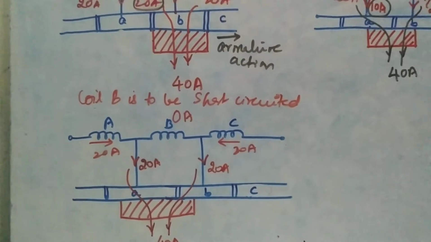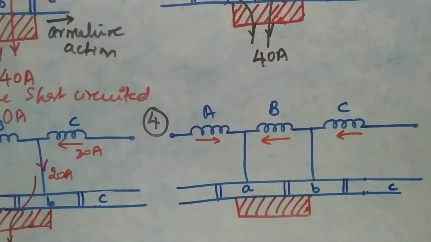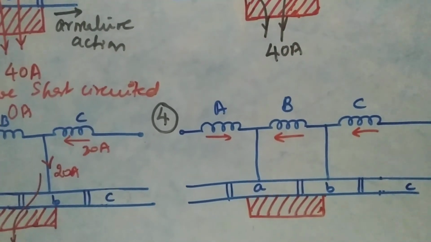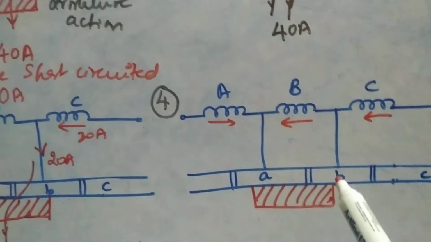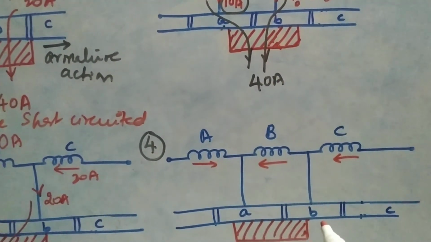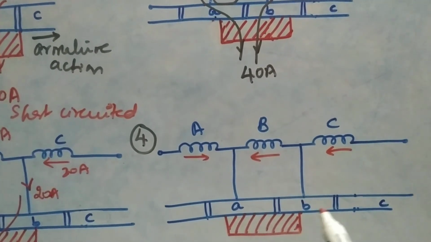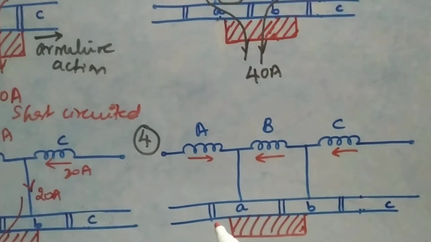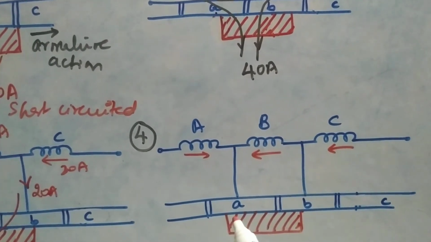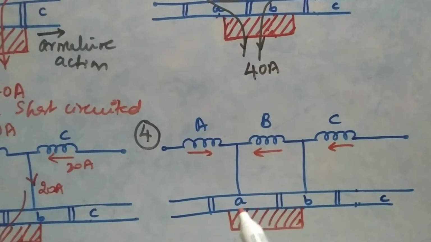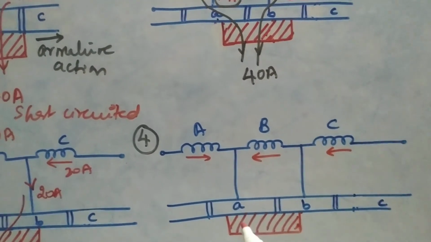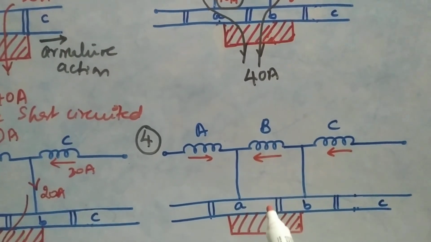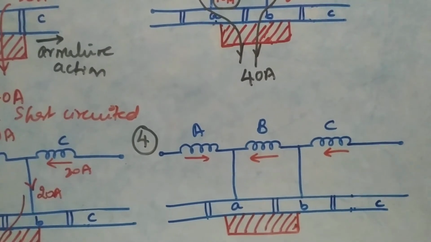Okay. Now let us see that the contact area of the brush with the segment B is getting decreased. Can you observe that? Right? It is getting decreased. The contact area under the segment B is getting decreased, whereas the contact area with the segment A is increasing. Now the coil B is carrying 10 amperes of current in the other direction.